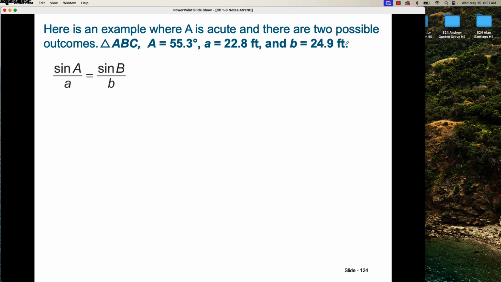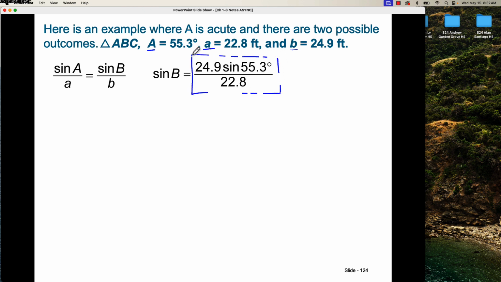Let's pick the 2 ratios from the law of sines that include A and B, since that's what we are working with here, A's and B's. Setting it up like this, plugging in what we know, which is capital A and little b, would look like this here. Cross multiply, divide both sides by 22.8, and this would be the value of sine of B. Well, if we type this into our calculator, make sure you're in degrees, left to right, top to bottom, we're going to get approximately